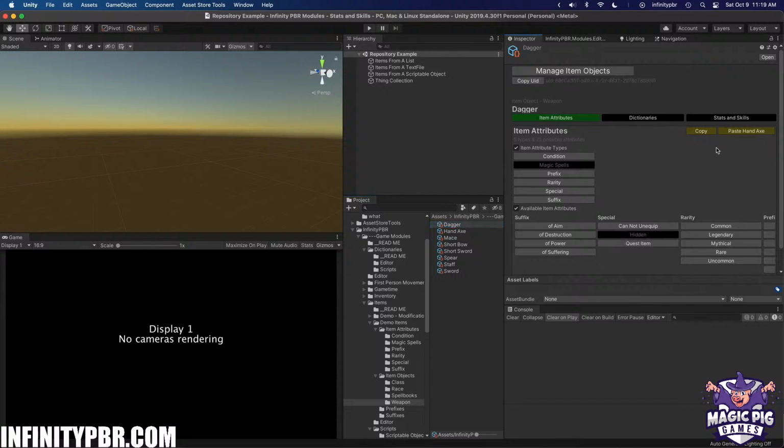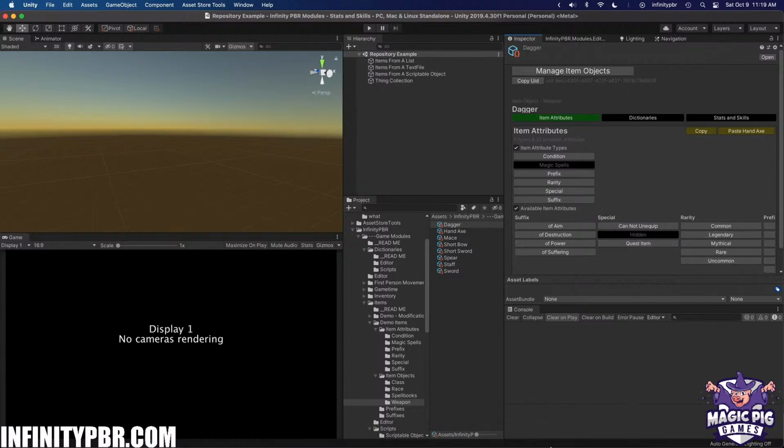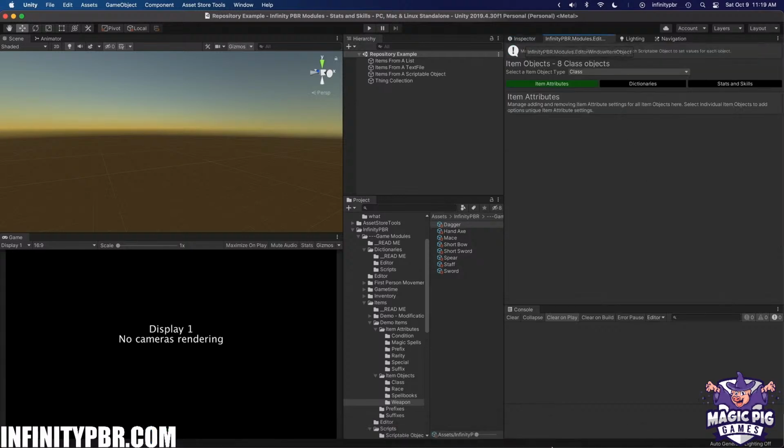Okay, paste seems to work too. Undo paste seems to work as well. That's good. All right. So to do that on this view,